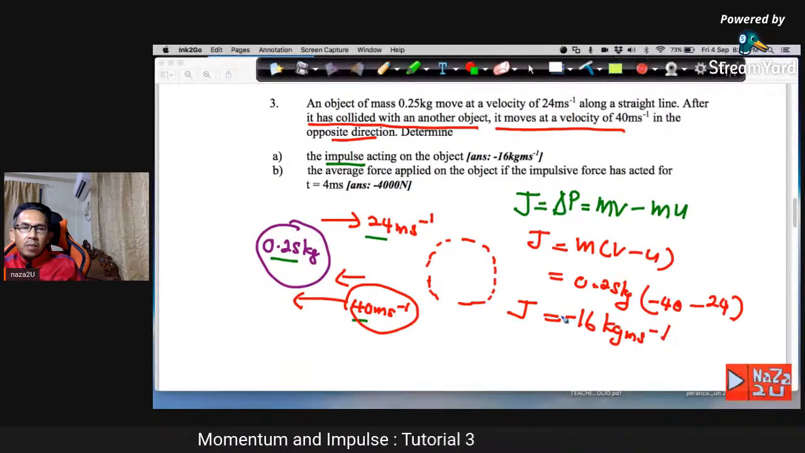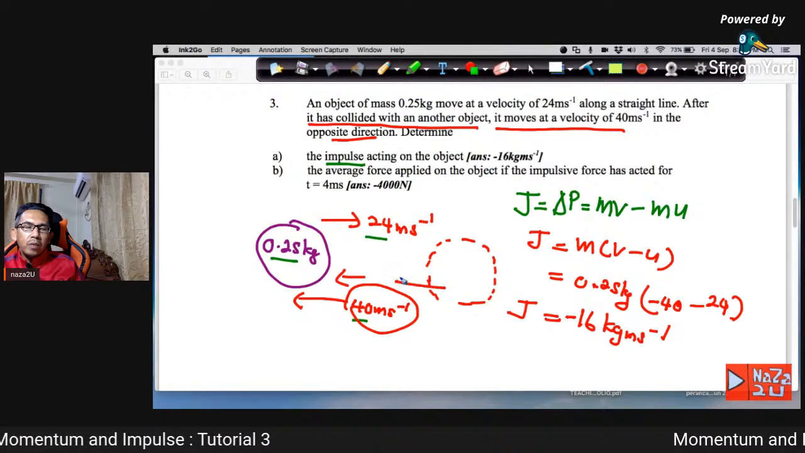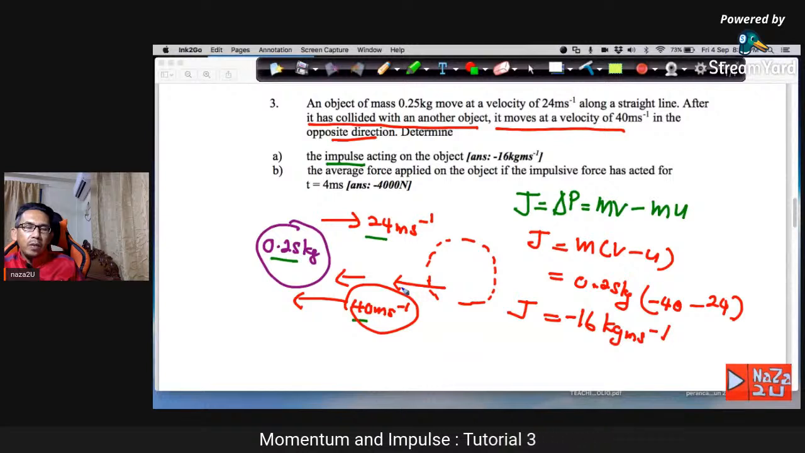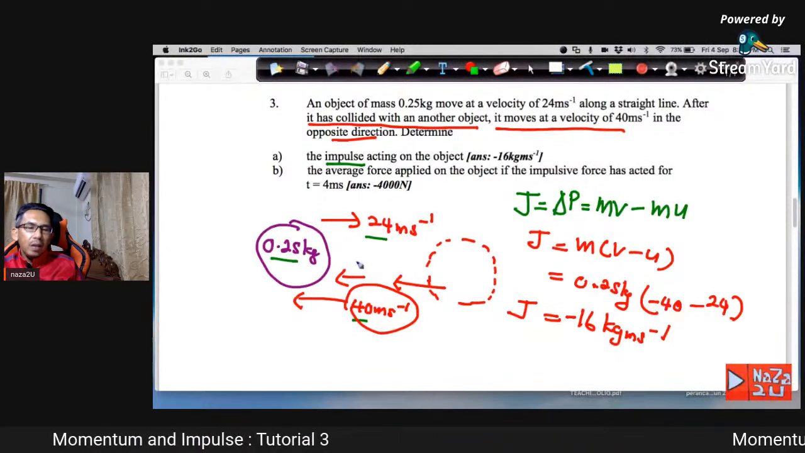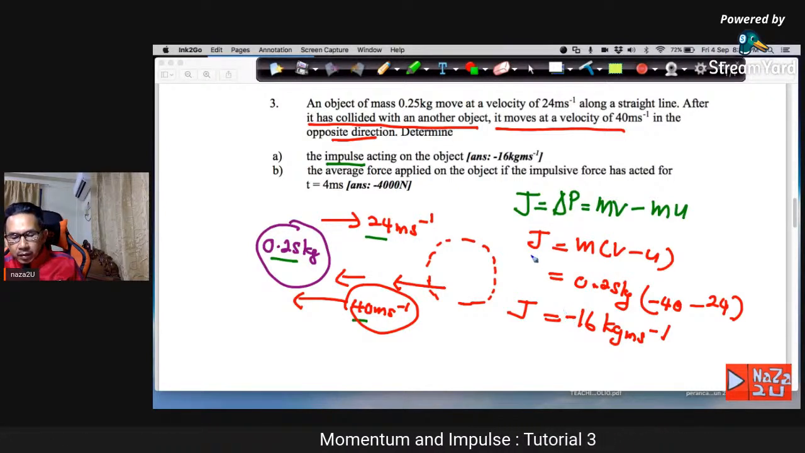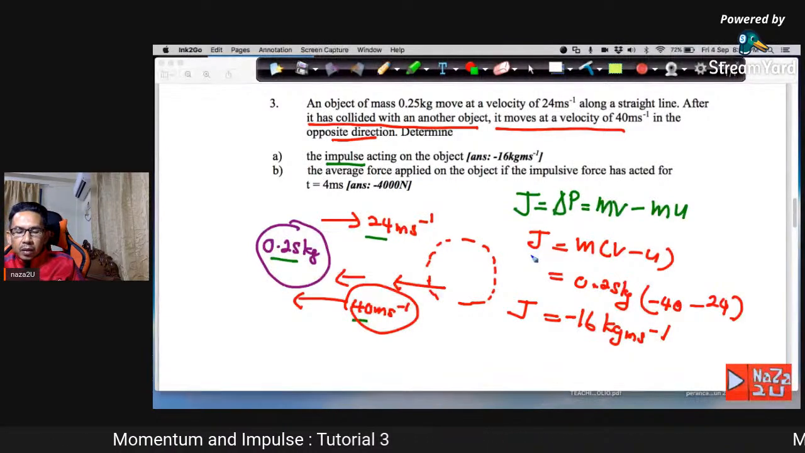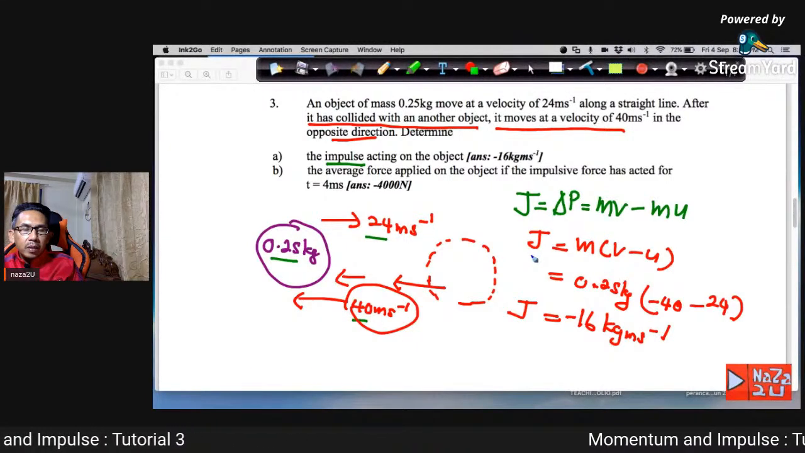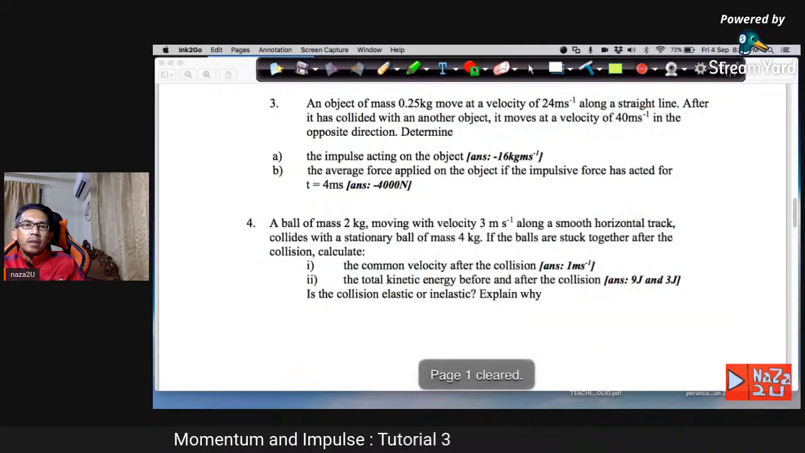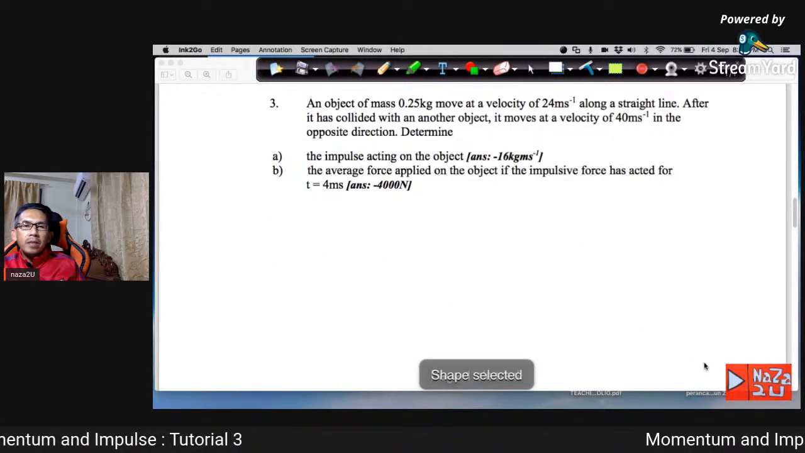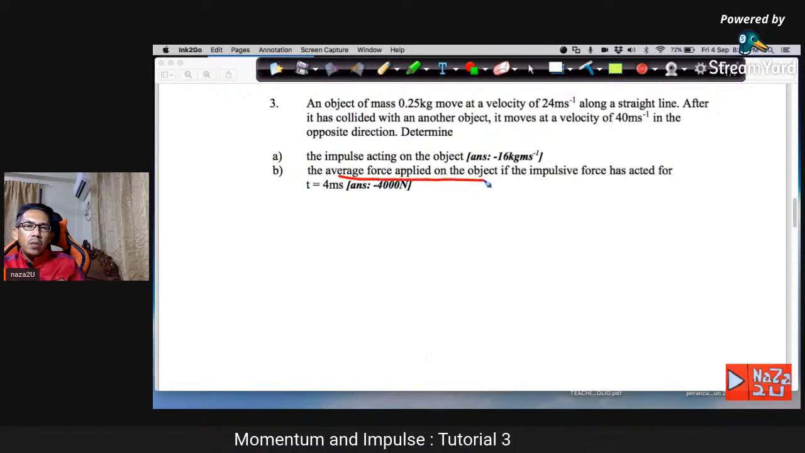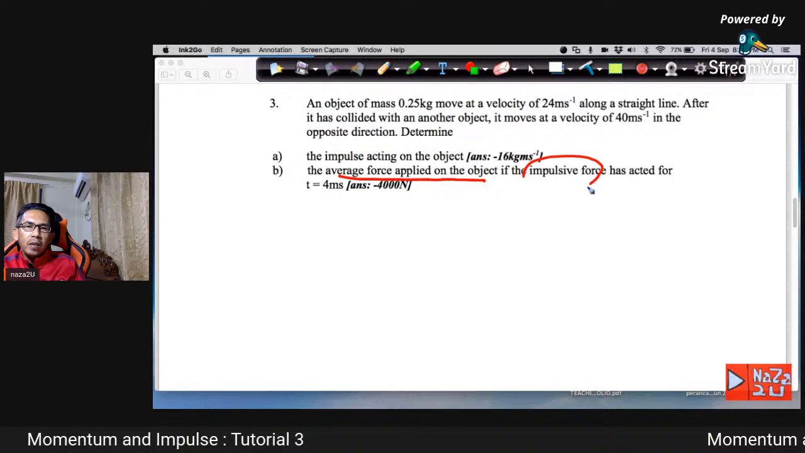The negative is because of the direction of the impulse on the ball of 0.25 kilogram, J to the left. This is negative 16 kilogram meter per second. Okay, class, that is number A. We continue to number B, and number B here is the average force. Okay, average force applied on the object if the impulsive force acts